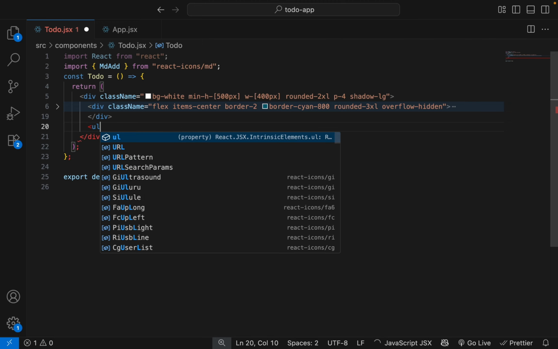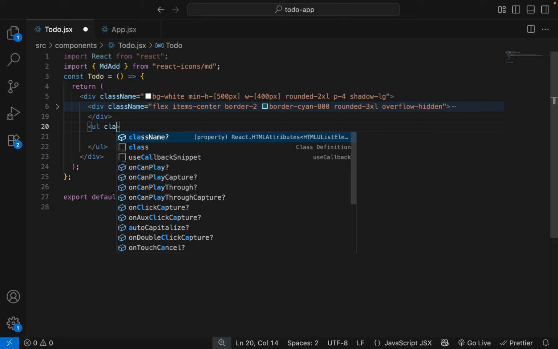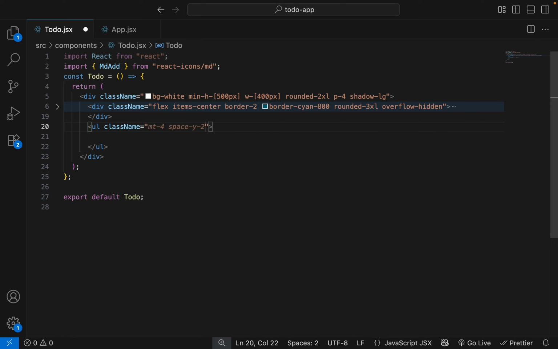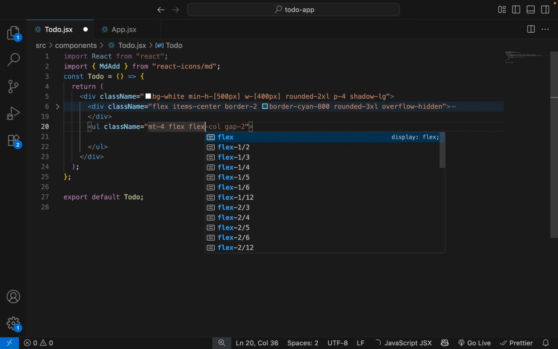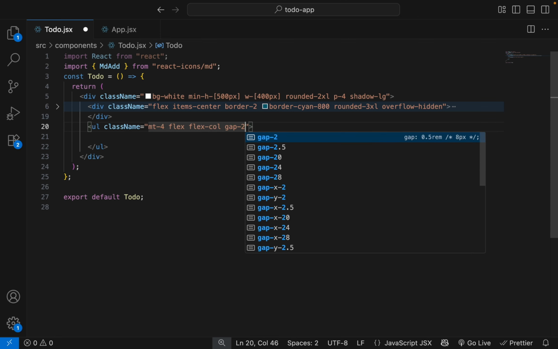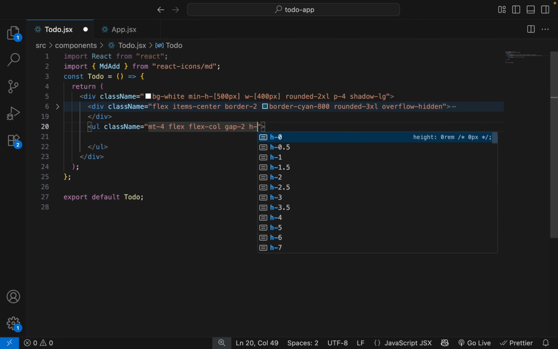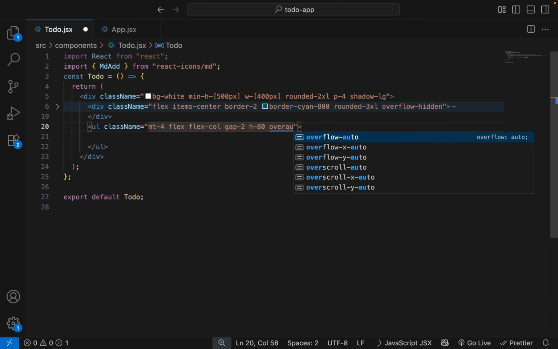Now add a list, give some CSS classes: margin top 4, flex, column, gap 2, height 80, overflow auto.